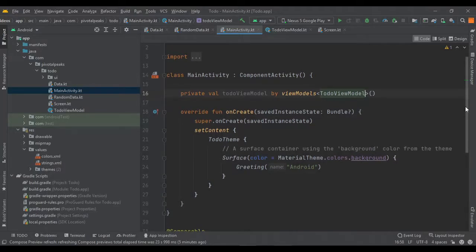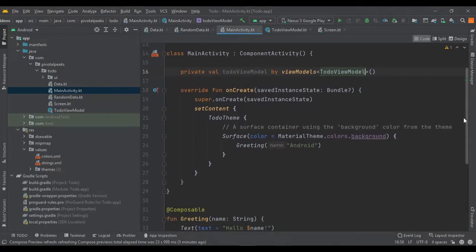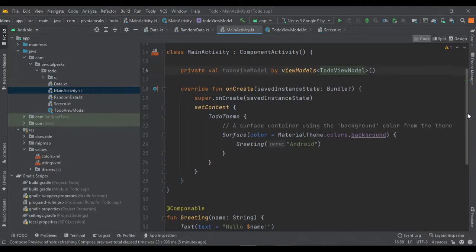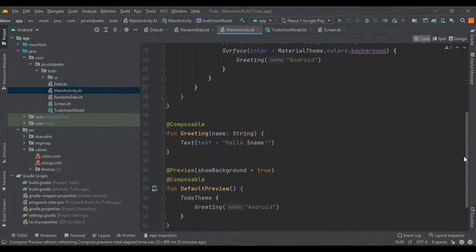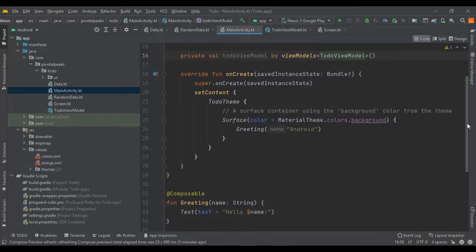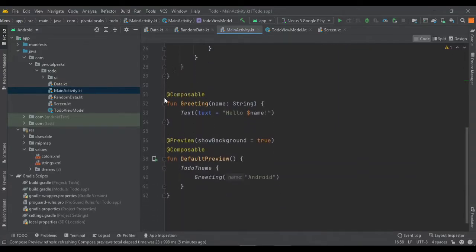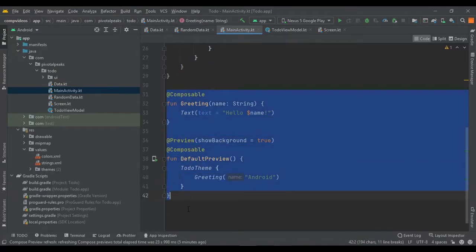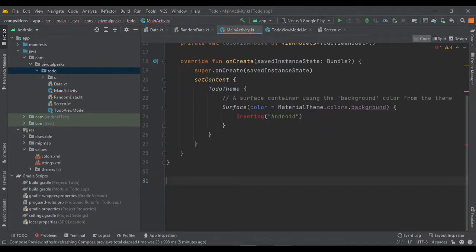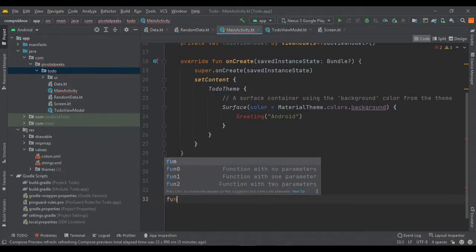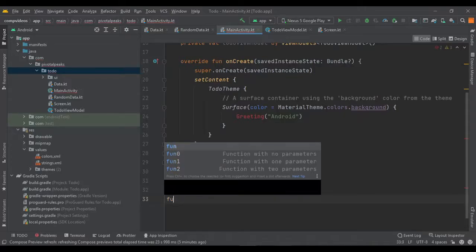After doing that we need to create a function to call our screen. So let's create our function. I'm going to delete this boilerplate, no use for me. So let's define it as a composable, and then call the function.